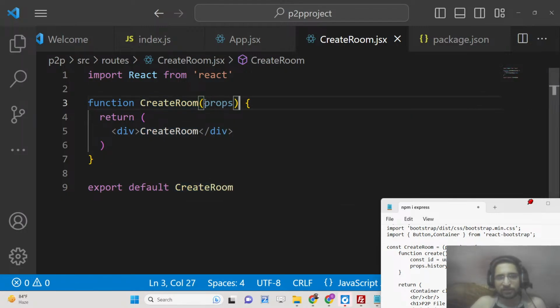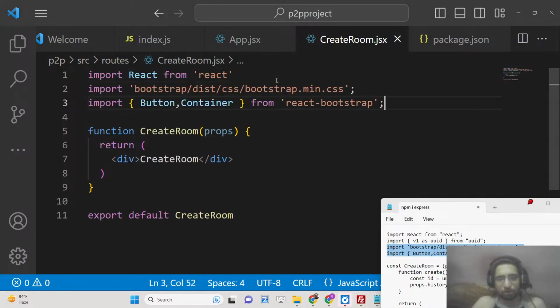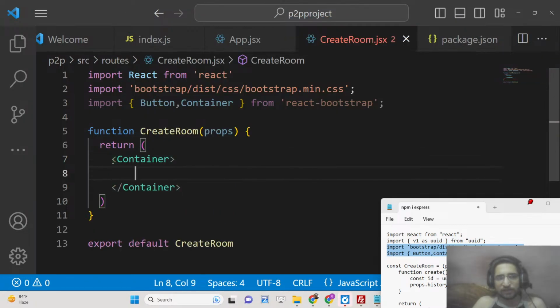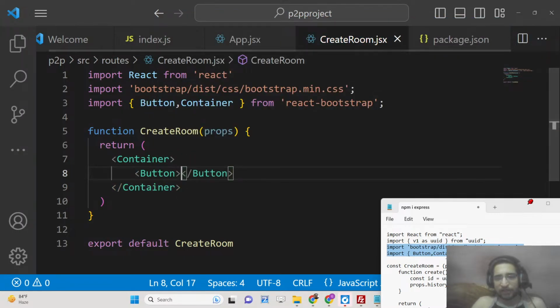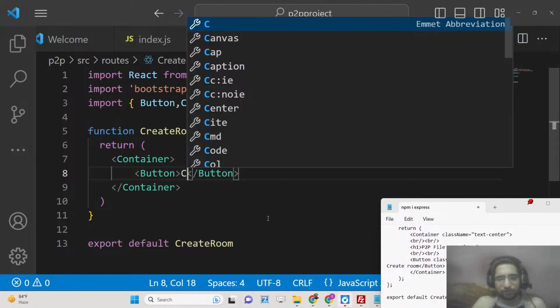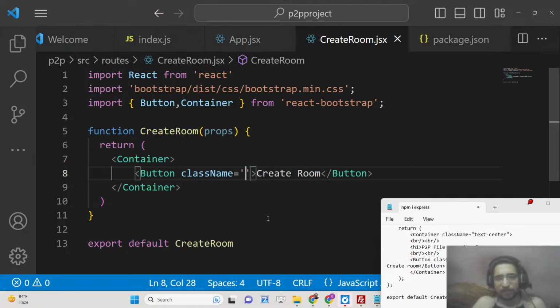So here we'll pass the props, and inside this, guys, we need the Bootstrap. So we need to import the Bootstrap right here at the top. We need the button and the container. So right here we will basically have the container, and inside the container, guys, we will have a simple button, and this button will be of create room. So we will simply have create room, and this button can also have a Bootstrap class which is btn danger